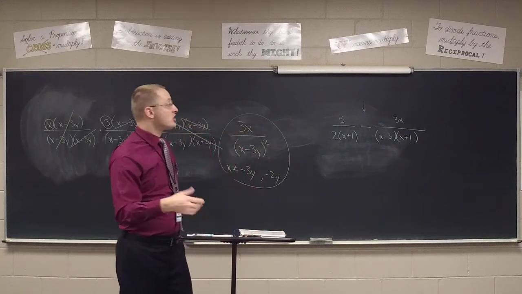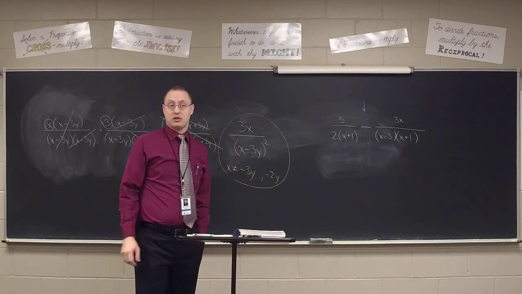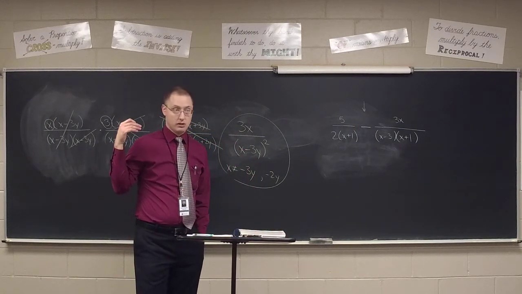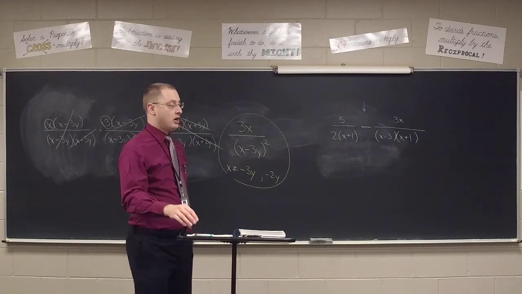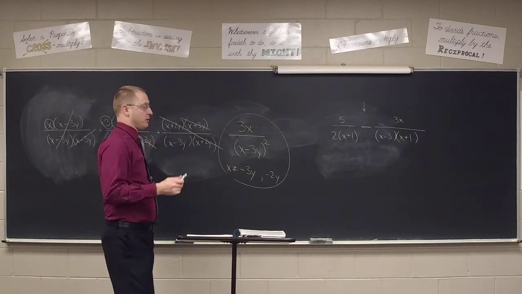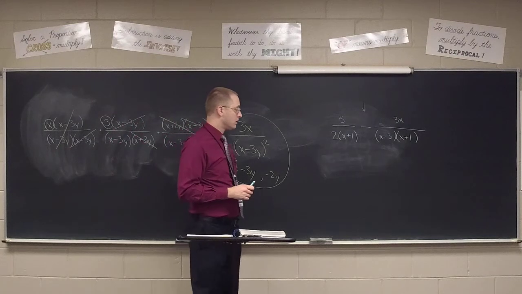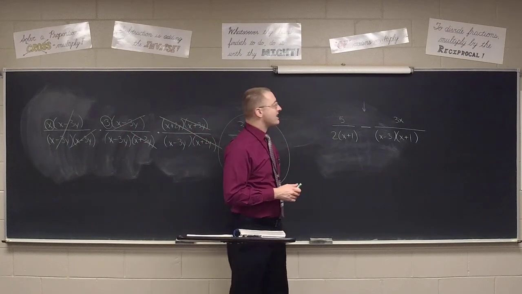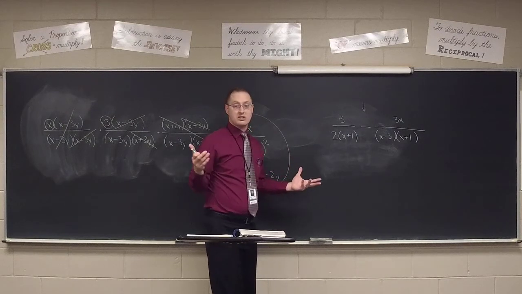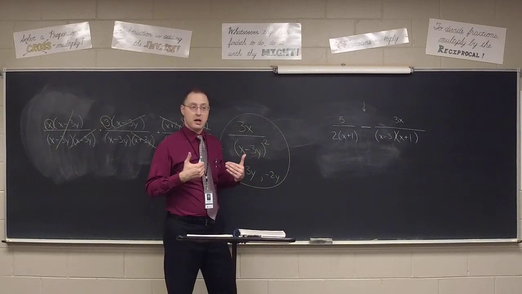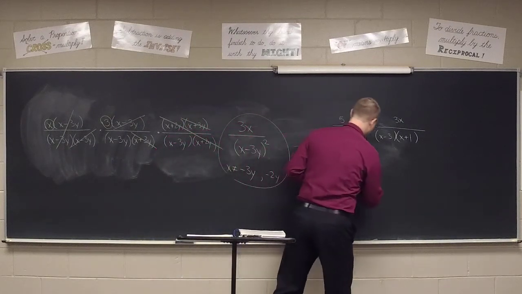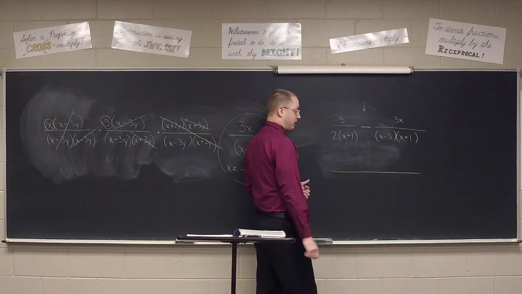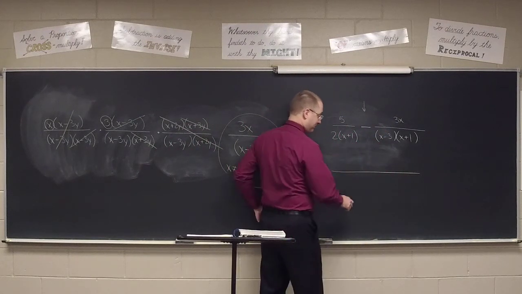And in an addition problem, the first thing we need to do is figure out, class, what is the common denominator? What is the common denominator, Brecken? There we go. And so once I figure out what the LCD is, I want to draw, class, a big long line. And underneath the big long line, we're going to write down, Brecken,